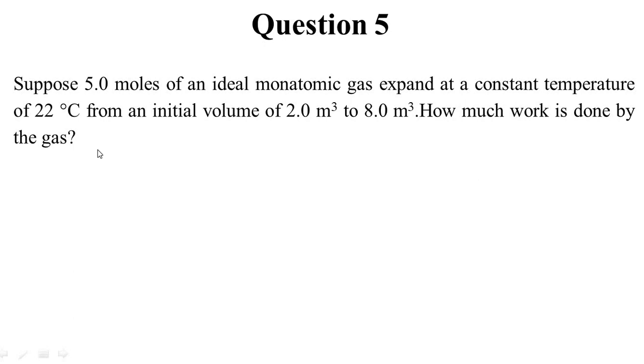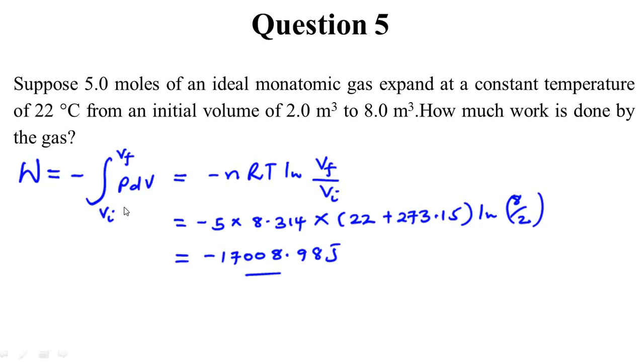Okay, so work done, which is another parameter to consider in the first law of thermodynamics, how do you calculate work done for a gas system? We find this common equation: the minus integral from initial volume to final volume of PdV. This PdV is the expression for work done when you're talking about an ideal gas in a thermodynamic system. So we talk about this as minus nRT ln